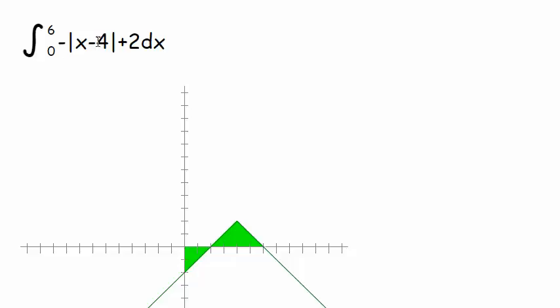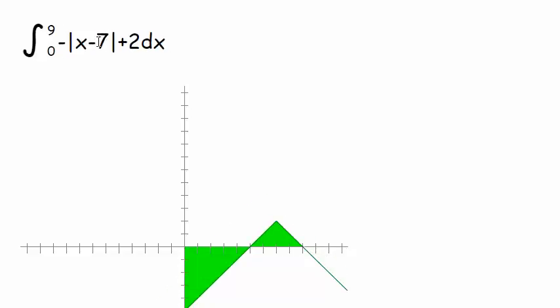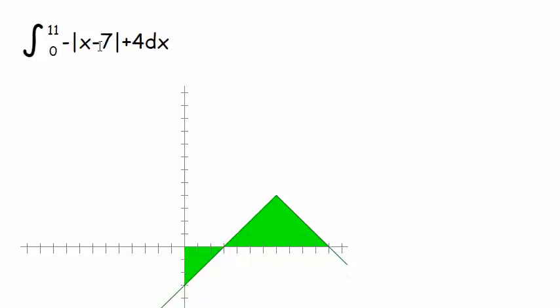Let's click on this a couple times and see what we got. See what happens here. Okay, doesn't look too bad. So we're going to be finding this area. Now remember, this area is below the x-axis, so we're going to end up getting a negative number, right? So we want to make sure it's positive. And then this area right here obviously is going to be positive. So we're going to be finding this area and then adding it to this area here to get the total